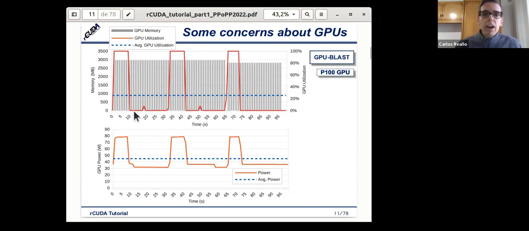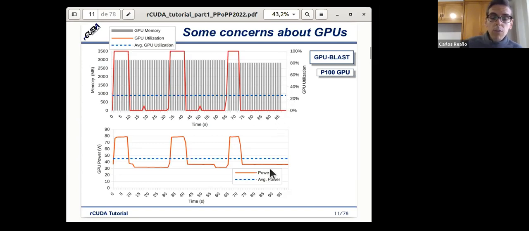So as you can see here, we are using the GPU during some periods, but for the rest of the application, the GPU is not used. Although it is not used, the GPU memory allocated for that application is still there. And as you can see, the average GPU utilization in this case is very low, below 30%.